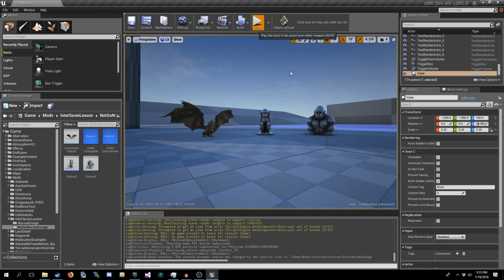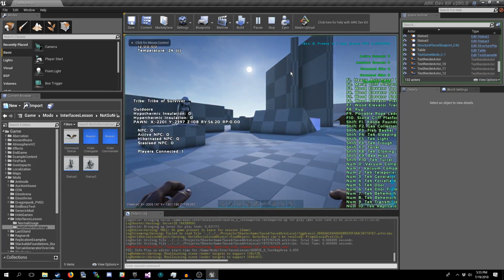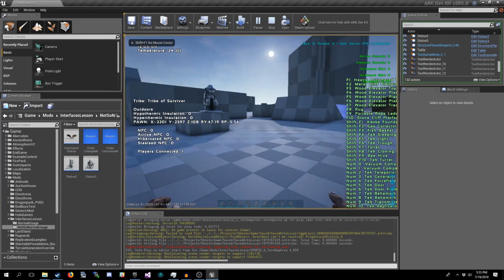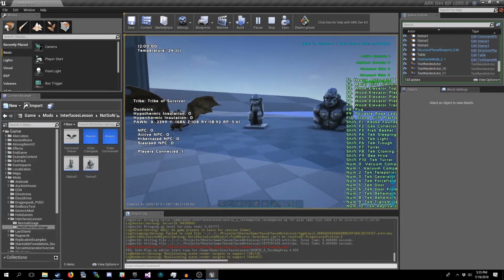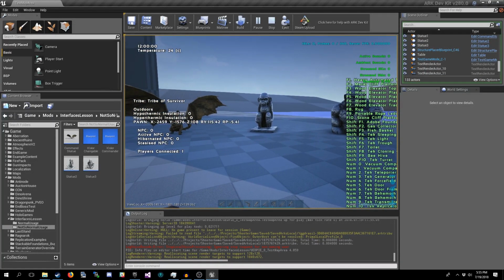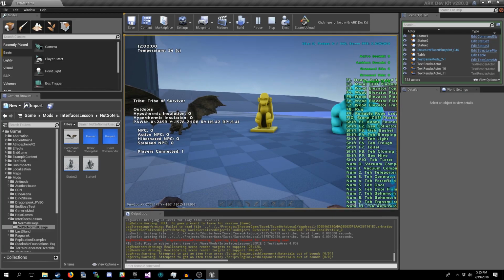I'm going to do a singular button push after I get my actor right here. All I'm going to do is push H. I'm not touching the keyboard anymore, but you'll notice it's still doing stuff.